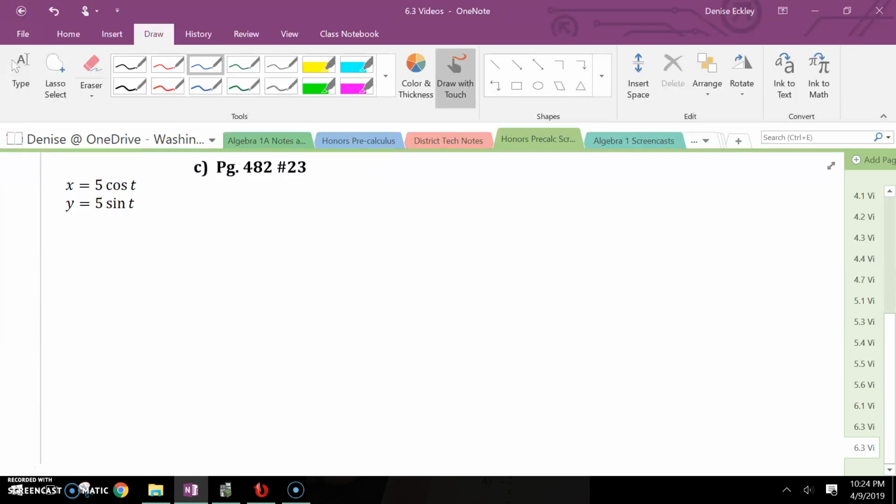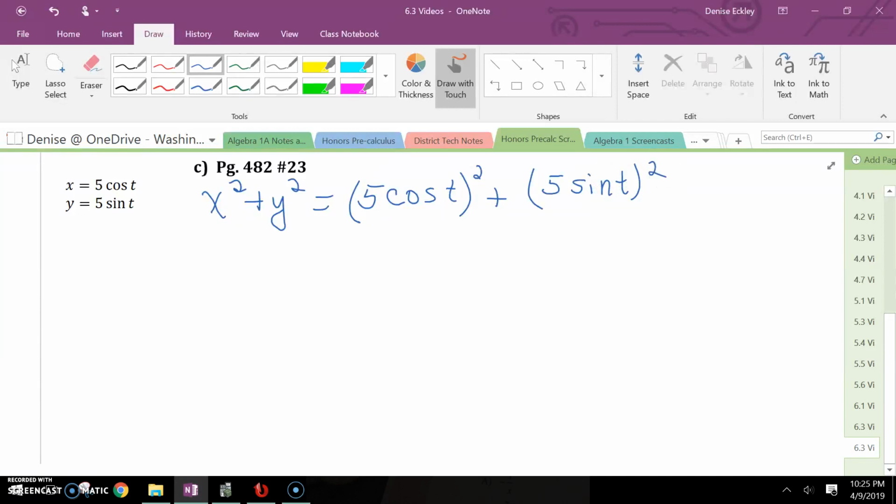Pythagorean identity. So if I write these two equations in this way, taking x squared plus y squared, and I can substitute their values in, what I'm doing is squaring my x, which is going to be 5 cosine t, and I'm squaring my y, which is 5 sine t, and I can already see what type of equation. Hopefully you recognize the equation here on the left as a certain shape, but I'm going to go ahead and